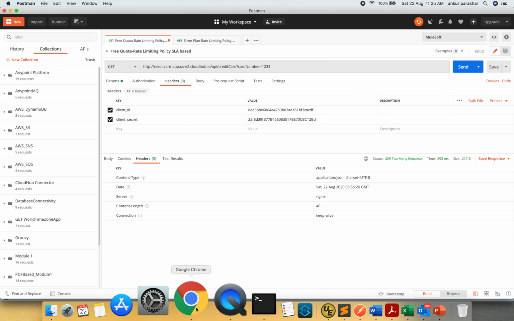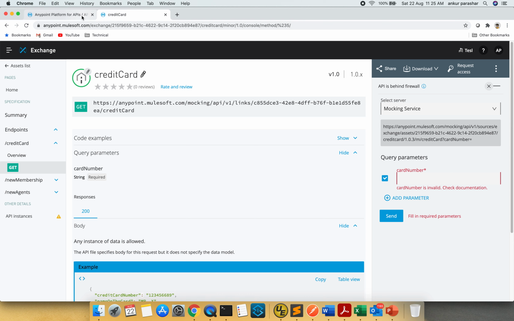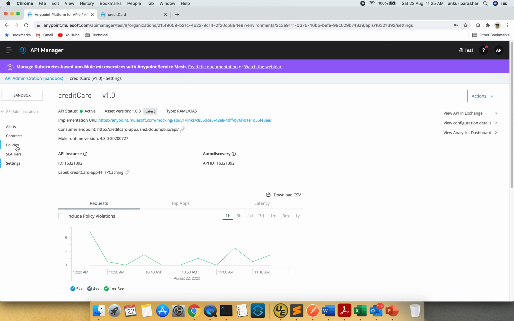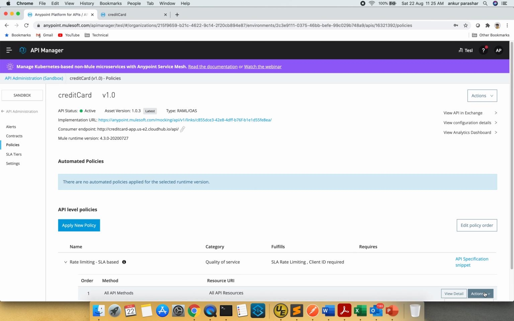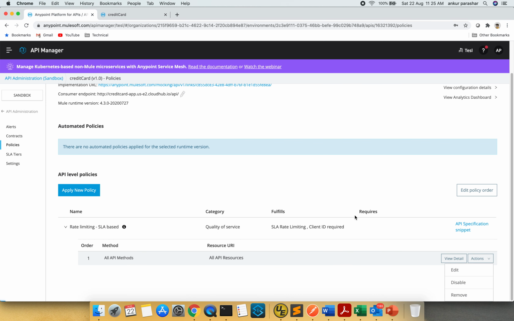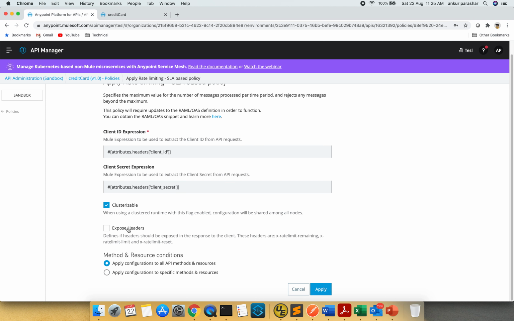In order to enable that, we have to make some changes in the policy. So I will go back to the policy and click on edit. I want to expose the header. I will click on apply.